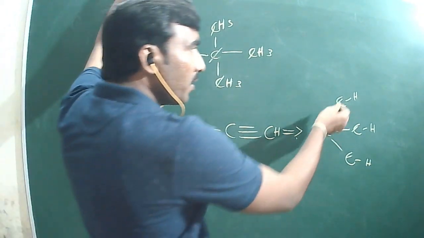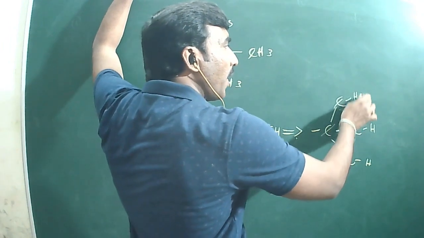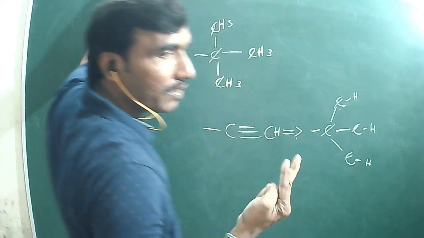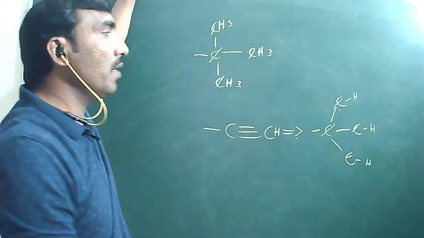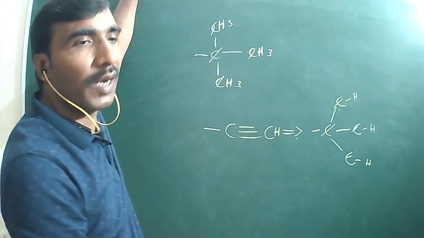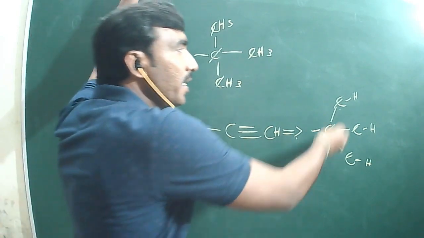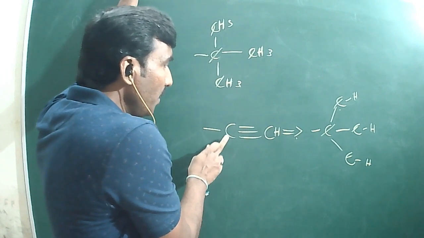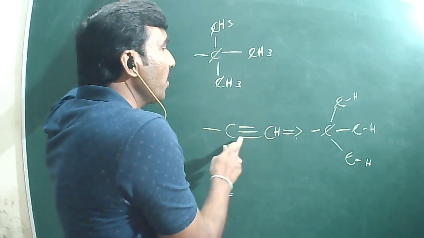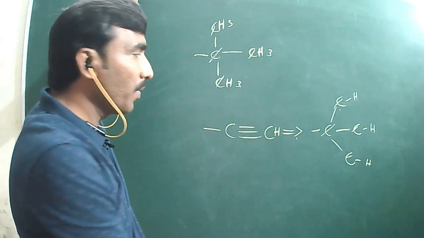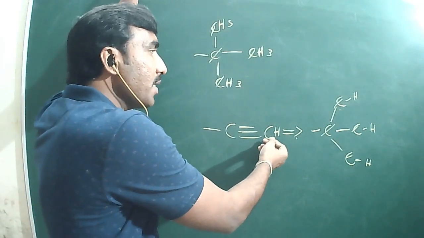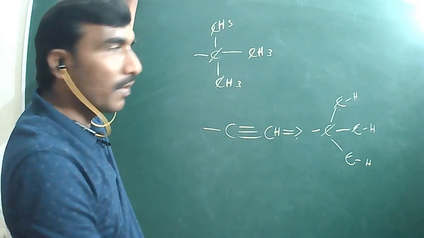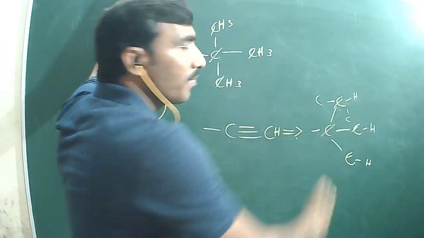But here this carbon is directly attached with 1 hydrogen, and here you are seeing that only 1 carbon. What about the other 2 valencies? The other remaining 2 valencies also you have to consider as carbon atoms only. Why? Because if I start from here, this carbon is 3 times attached to the carbon atom, or not. And if I take this carbon, it is also 3 times attached to this carbon atom, or not. Means other 2 carbon atoms, who will get more priority?